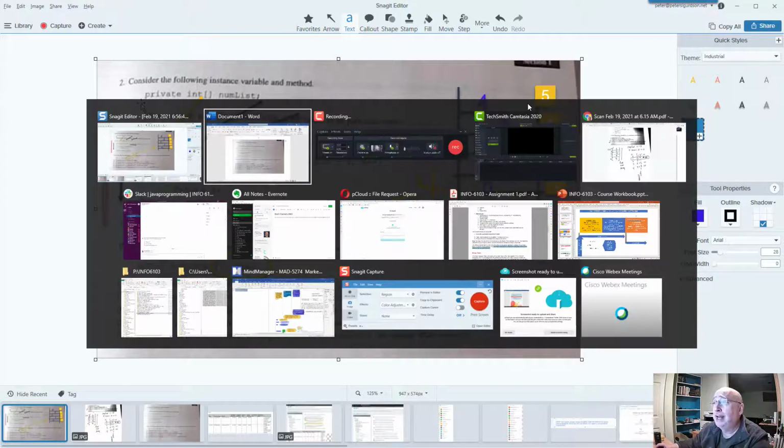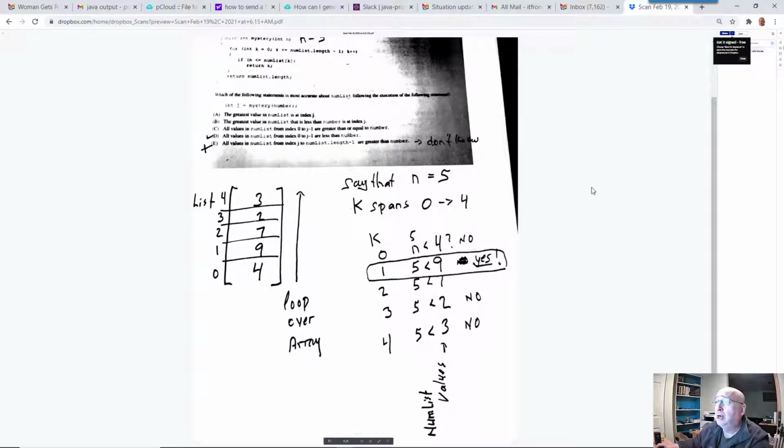And I've actually just hand sketched something out over here. So look here now. So here's my array. I've made an array, and that is my num list array, and it's 0th, 1st, 2nd, 3rd, and 4th position, and I just randomly put some numbers in there. I closed my eyes and I made up some numbers. And now I have to invoke this method called mystery, and I'm going to suppose that 5 in this case is my input to that parameter,